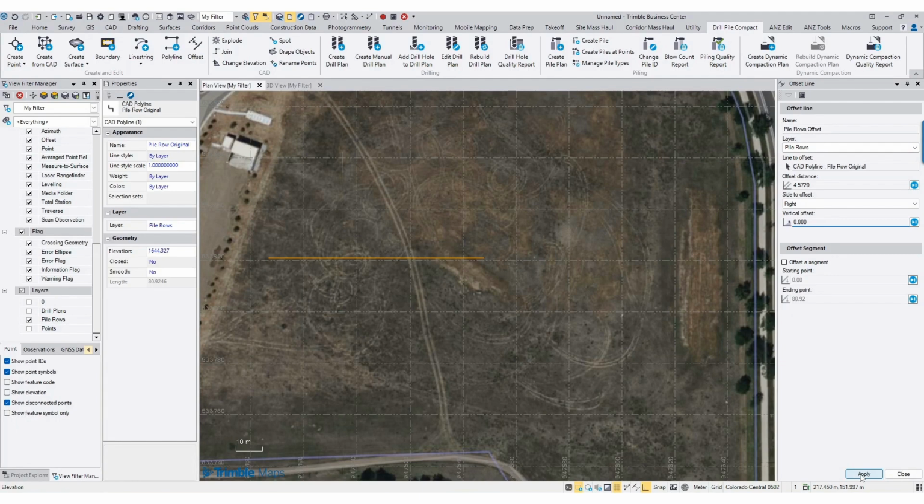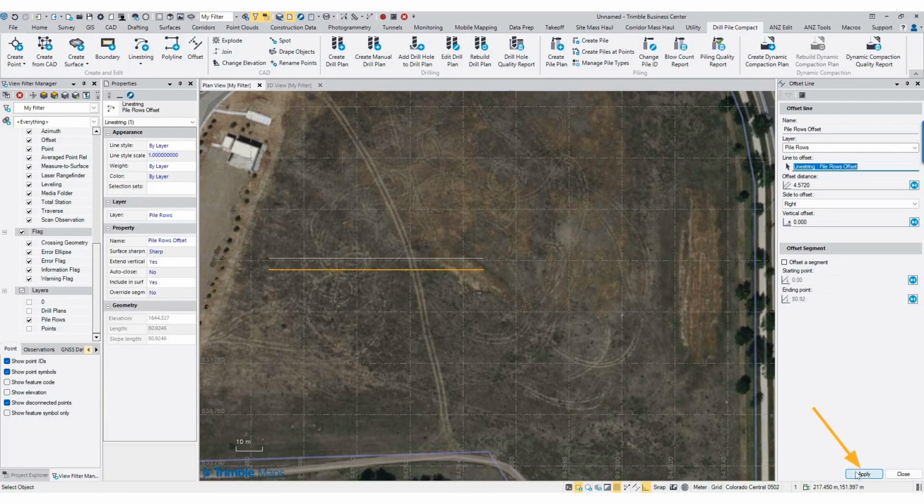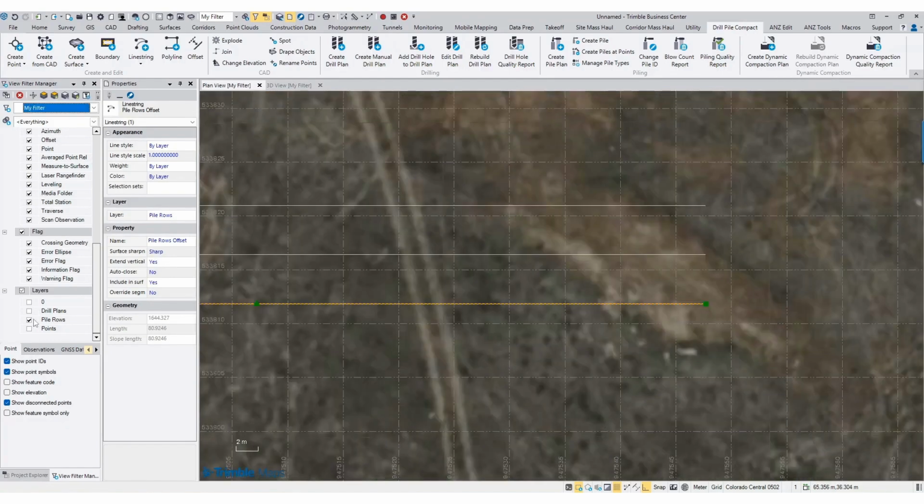We can now hit Apply and see the first offset line get created. Every time you press the Apply button, you are offsetting a new line based on the recently offset line. For this tutorial, you will want to press Apply twice to create our extra 2 rows to have a total of 3. Now that we have created our pile rows 15 feet apart, it is time to create our pile